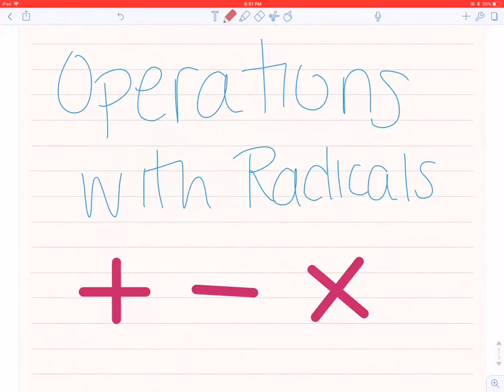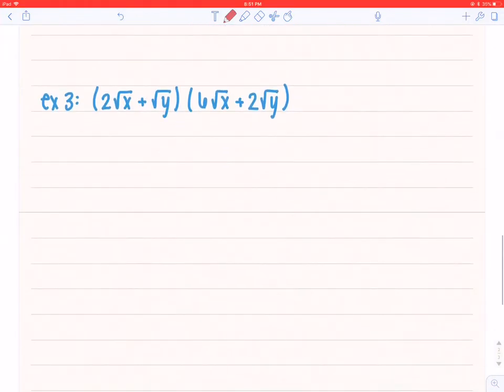In part 2 of operations with radicals, we're going to work on multiplying radicals. So all of my multiplying rules apply, specifically the rule of FOIL. So if you remember, FOIL stood for first, outer, inner, last, and the property said that if you have two binomials being multiplied, that